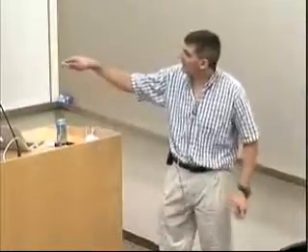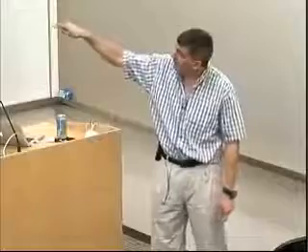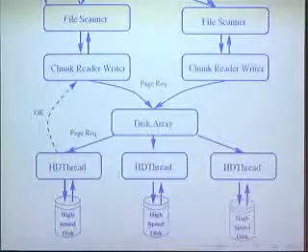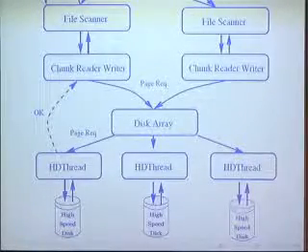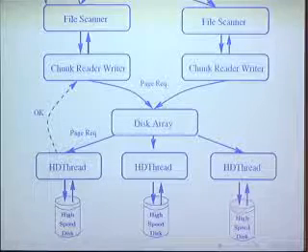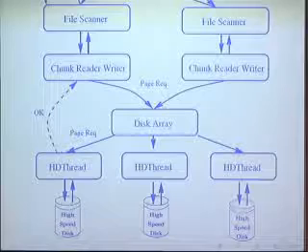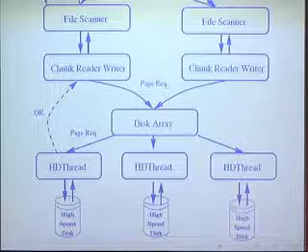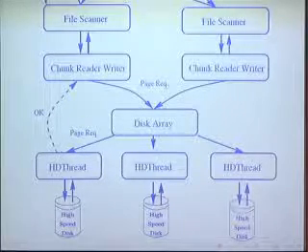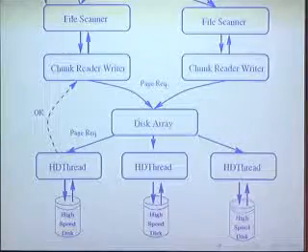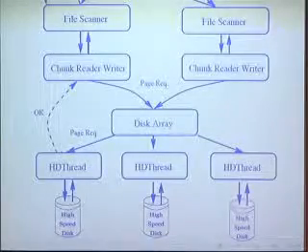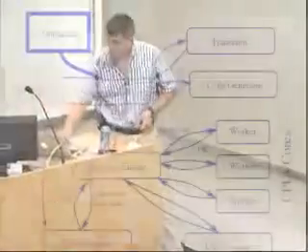Now, how does this guy know what to read? Well, the file scanner is responsible for getting chunks from a relation. Okay. It's going to have that staging area. It's going to send multiple requests to this intermediate guy that's responsible for taking care of all the little details. And this guy has to be multi-threaded because this guy is responsible for doing the bitmaps. Okay. Which in turn is going to send requests to the disk array. Okay. And this is going to happen at very, very high speed. Yeah, I'm going to show you numbers. Of course, the same thing for the other relations.